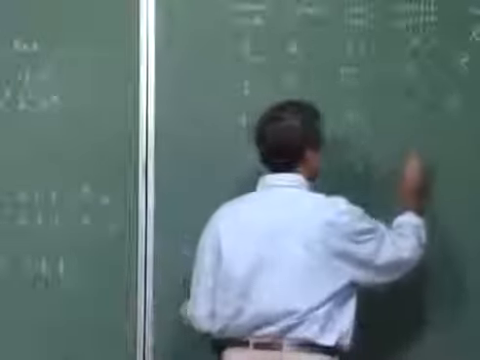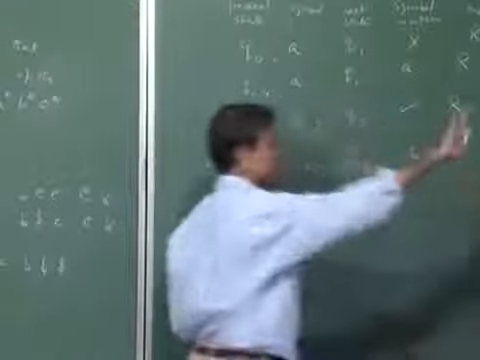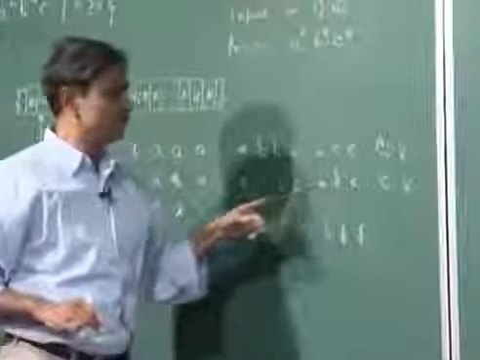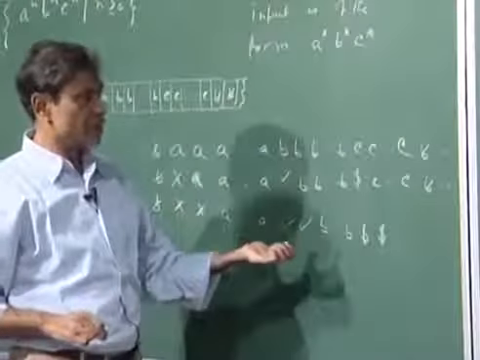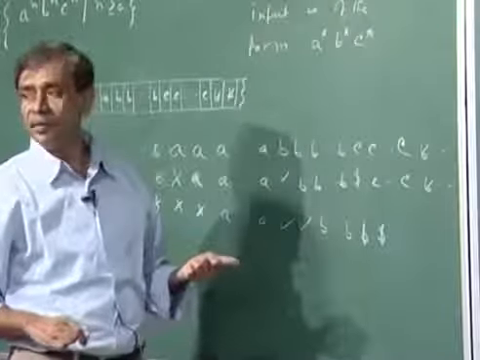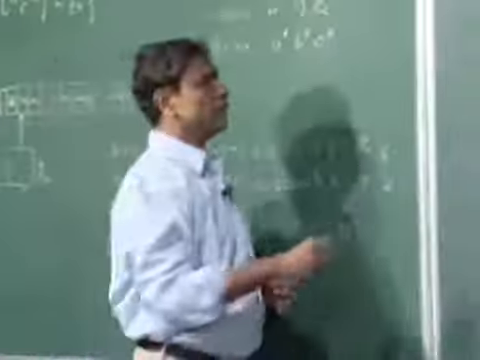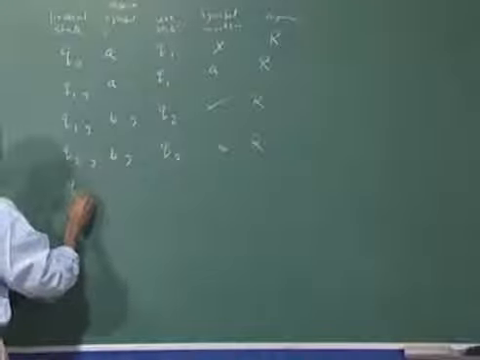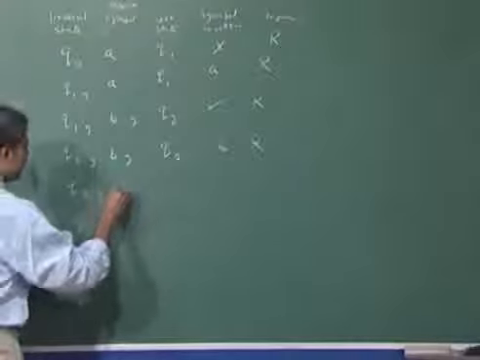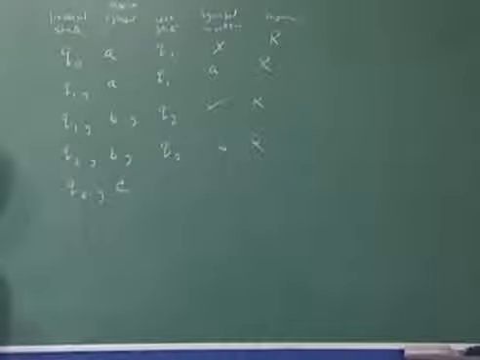So, the B remains and it still moves to the right to find the first C, the C corresponding to the A that you have crossed. So, in Q2, whenever it sees a C,